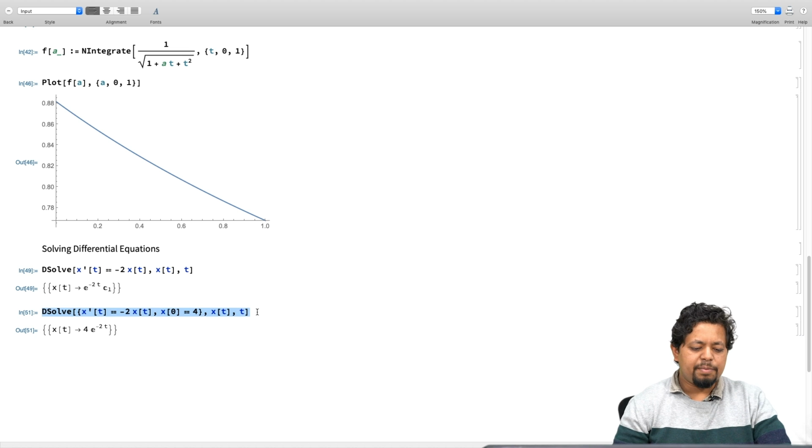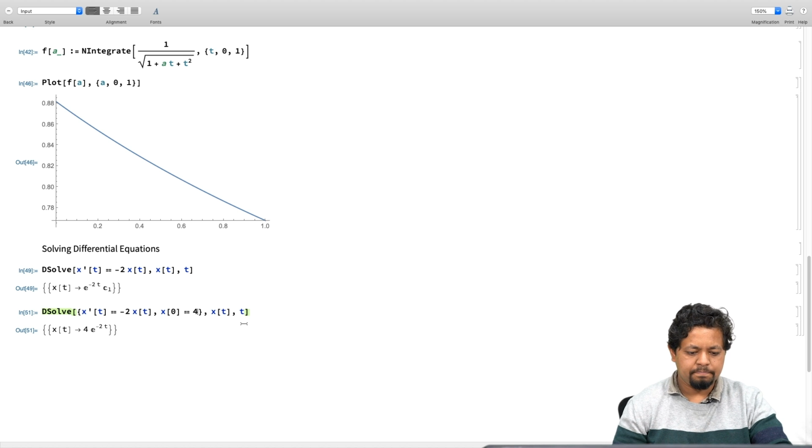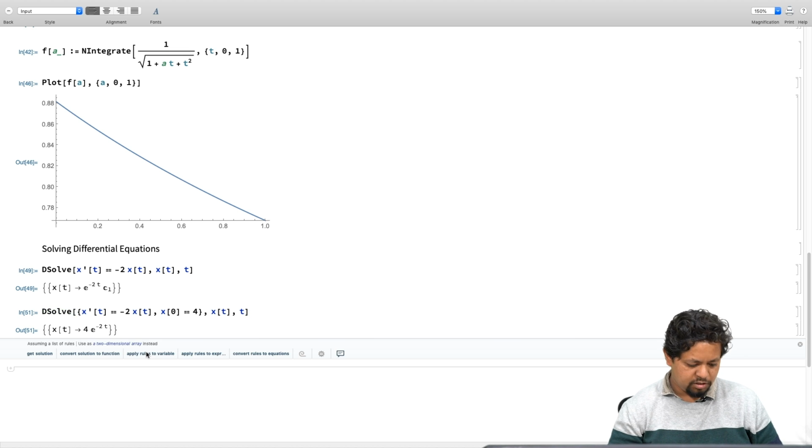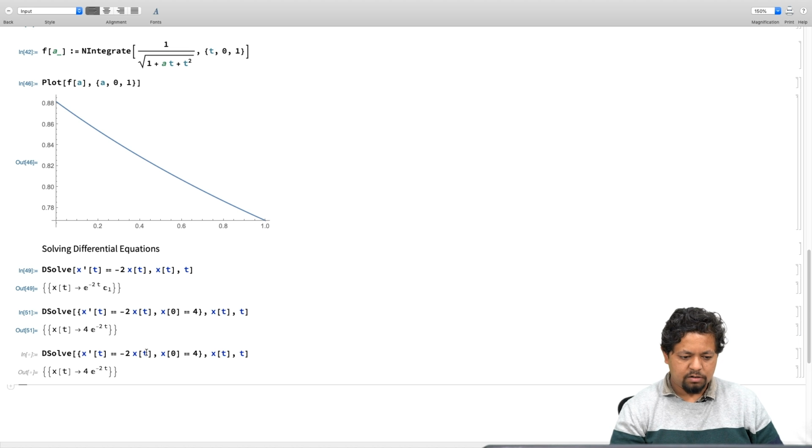So DSolve is quite capable of solving quite a few differential equations. In fact, it can solve a large class of differential equations. So let's go ahead and experiment a little bit more with this. Let's see if we can use this for solving a set of coupled differential equations. Let's go ahead and use